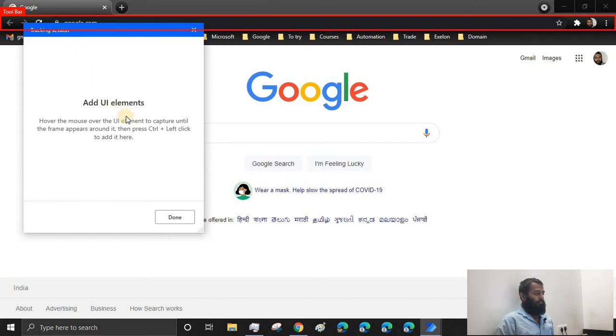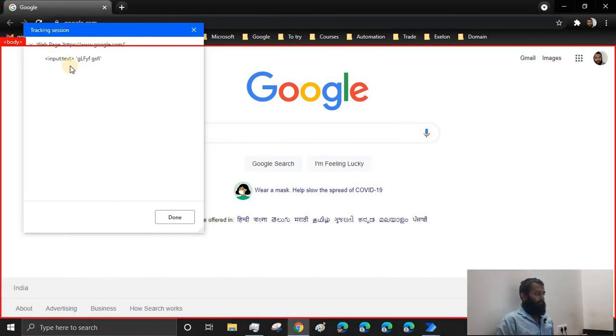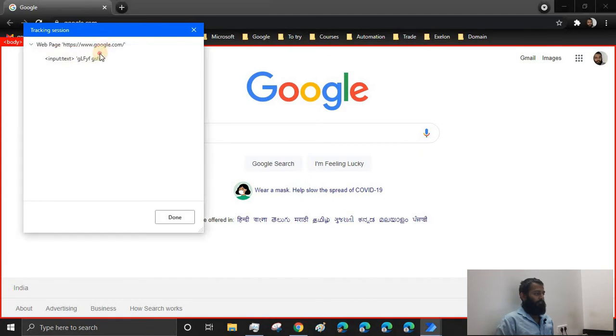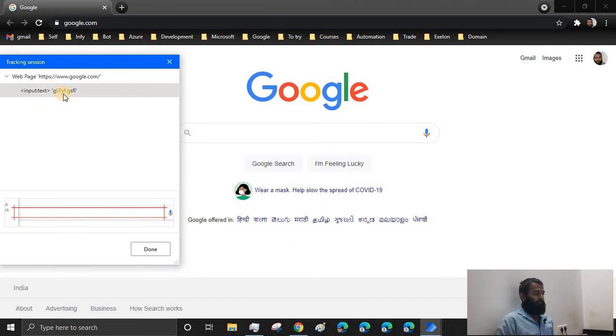It tells us to hover over the fields and press Ctrl and left click. I press Ctrl and left click, and there we have our field, Input text. Then it has added, and I click on Done.